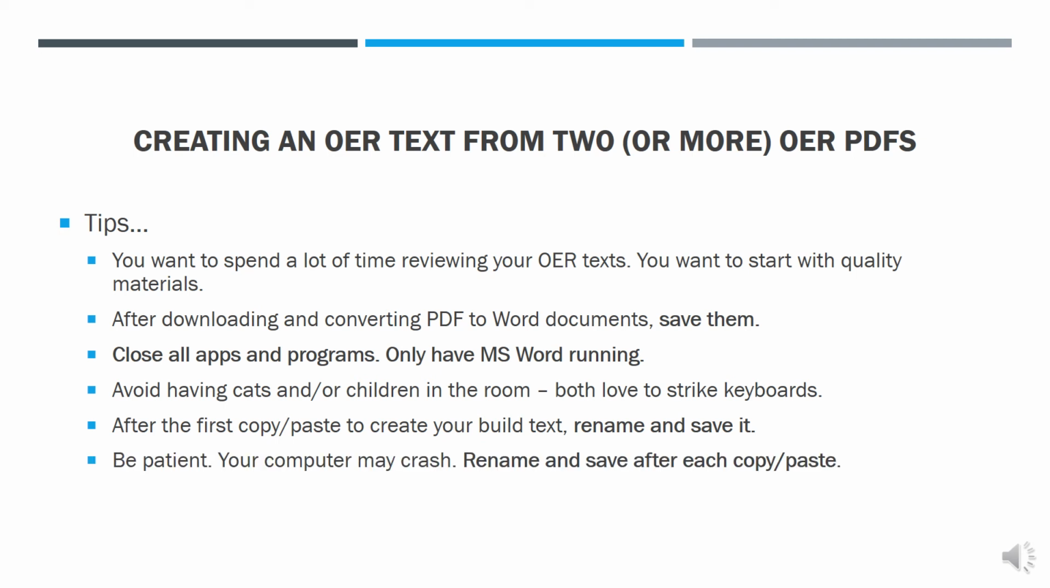And this one is so true. Please be patient. Your computer may crash. How do I know this one? When I was making this PowerPoint and I had those 2 textbooks, right? I had saved the PDFs to my desktop. Then I opened each one in Word and converted to Word. So I had